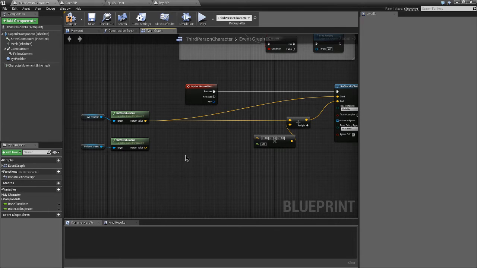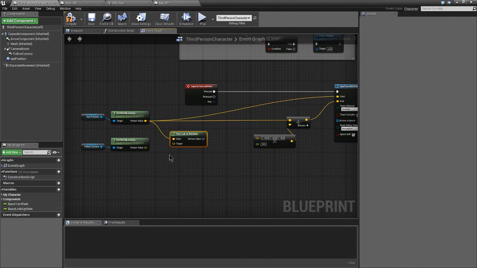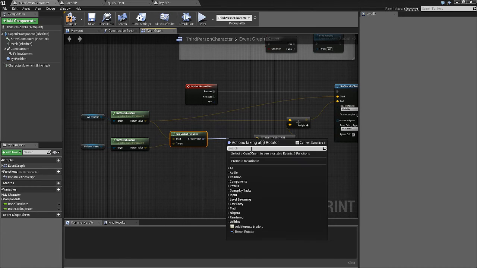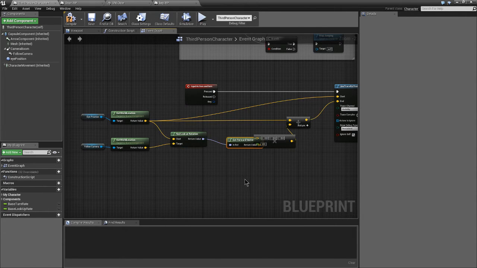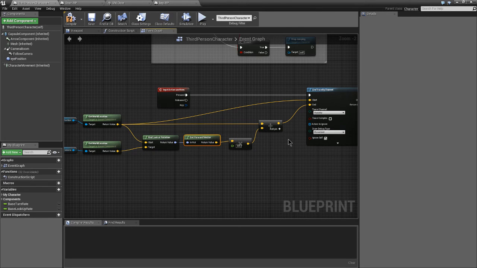So there's something called find LookAt rotation, which we'll use like so. That gives us a rotation value, which we can then use to get the forward vector from. Once we've got that forward vector, just like before, we can then multiply that by 500 to give us the distance that we want to cast our line forward at. So hit compile